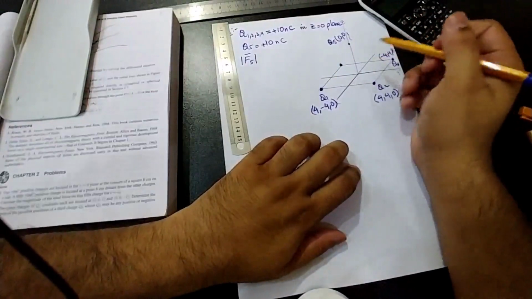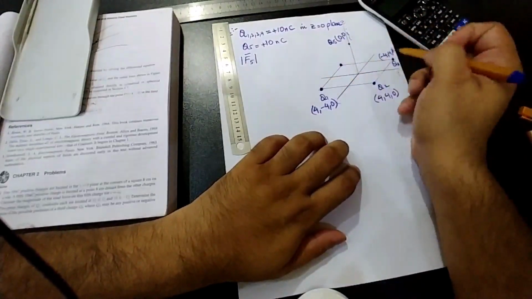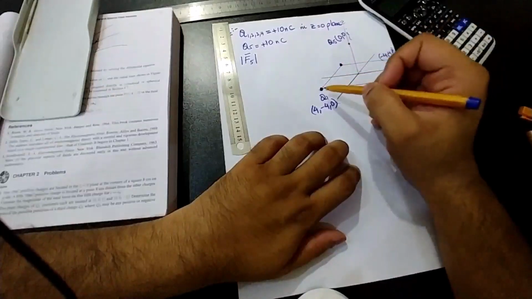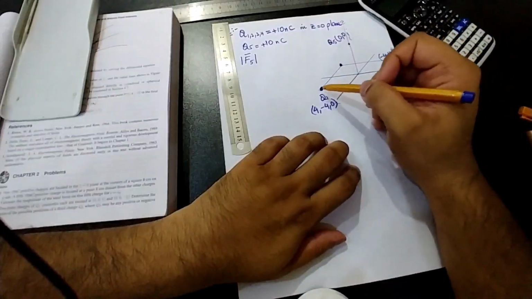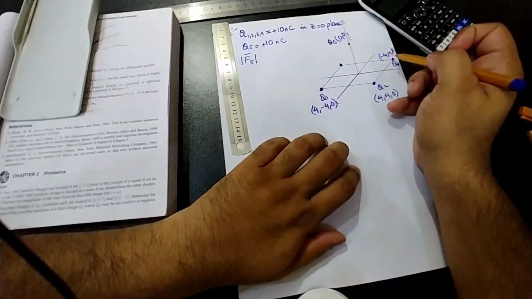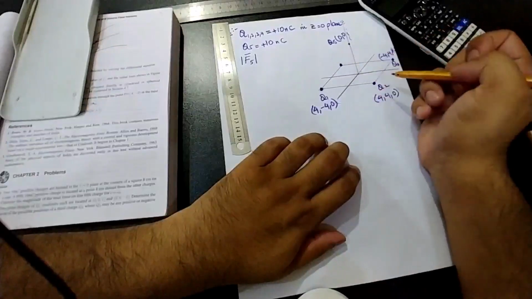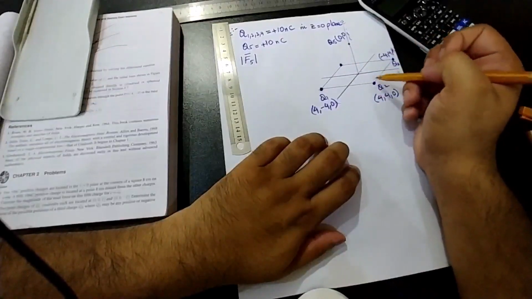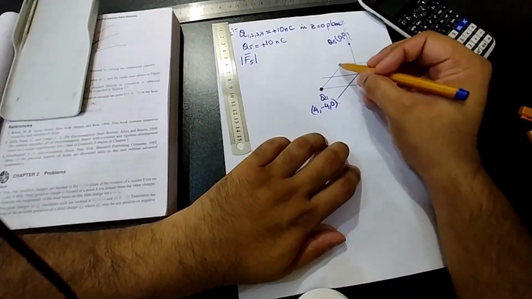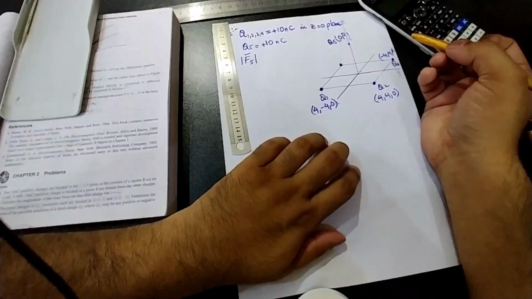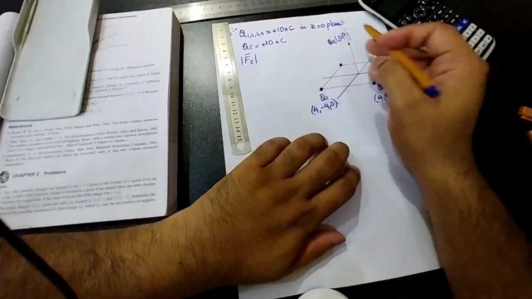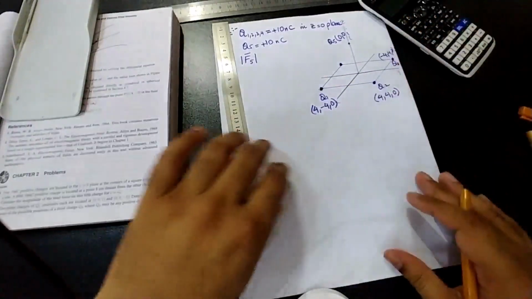But we can see from the symmetric distribution of the charges that the horizontal component of the force due to Q1 will be cancelled out by the horizontal component of the force due to Q3, and similarly the horizontal component of the force due to Q2 will be cancelled out by the horizontal component of the force due to Q4. So at the end, what we'll get is the z component alone.